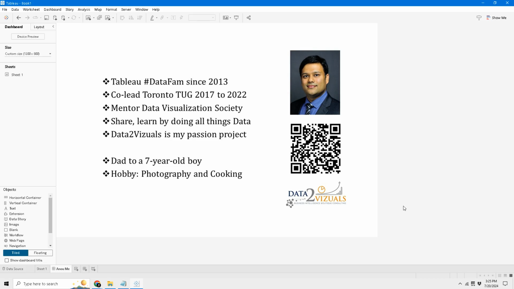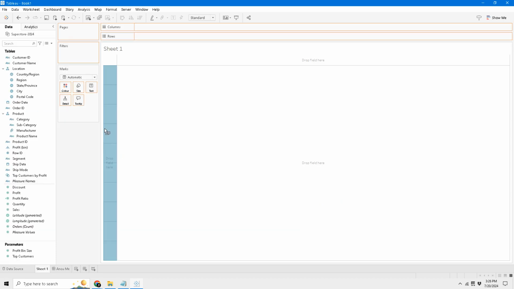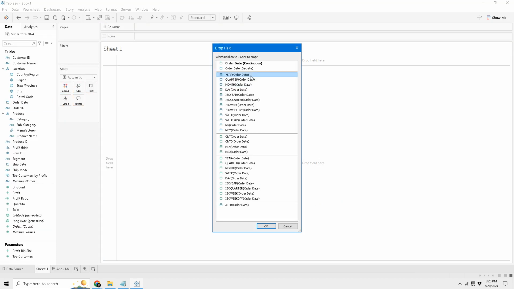Hi, today I wanted to talk about another Tableau topic. This is a quick tip and it's going to be short. The power of right click. I take the order date, put it in here. Let's choose years,